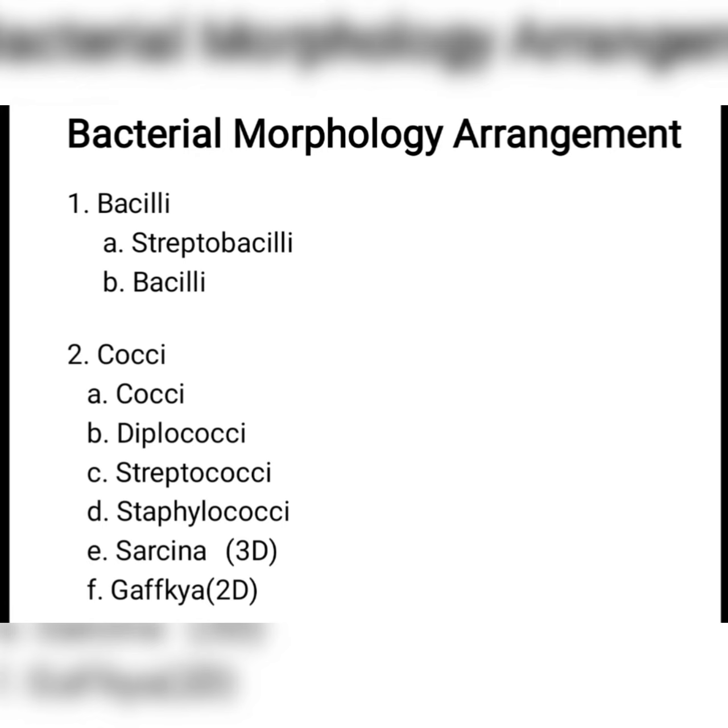So, in today's class, we are going to discuss the bacterial cell shape as well as the arrangement. In common terms, it is said to be the morphology of the bacteria. Grouping the bacteria based on the cell shape as well as arrangement was first proposed by Ferdinand Cohn in